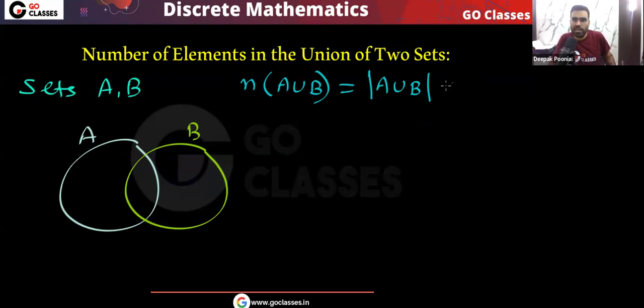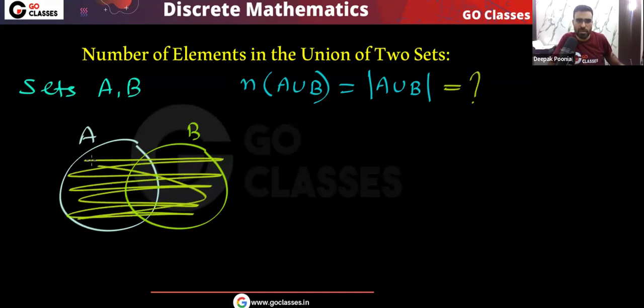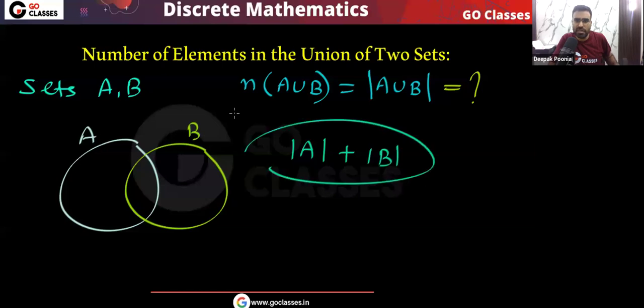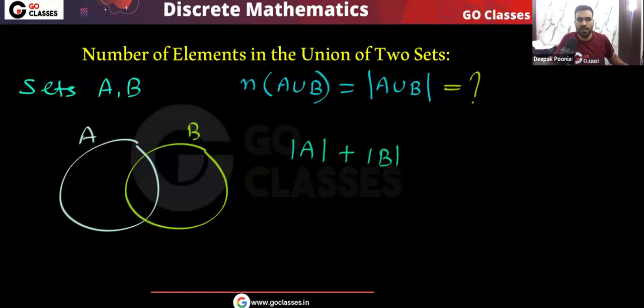We want to find how many elements there are in total in A, B. Now just think about it. If I do the number of elements in A plus the number of elements in B, can I say this is the correct answer? No, this is not the correct answer, because remember, when I count the number of elements in A, then basically this area, look at this area,